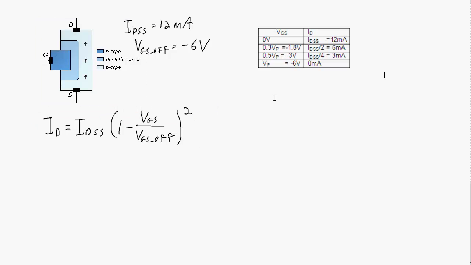Well, the first thing you're going to want to do is find a few points, and so 4 points is probably good enough. You want them at the extremes, so at saturation, at the maximum ID, and at the minimum ID or pinch off, and then a couple points in between, and good points would be 0.3 VP and 0.5 VP. And now you've got 4 points, and you can sort of sketch the curve based on those 4 points,